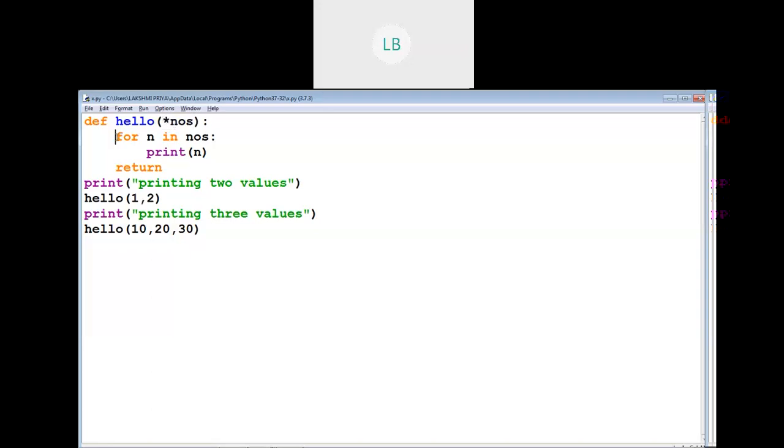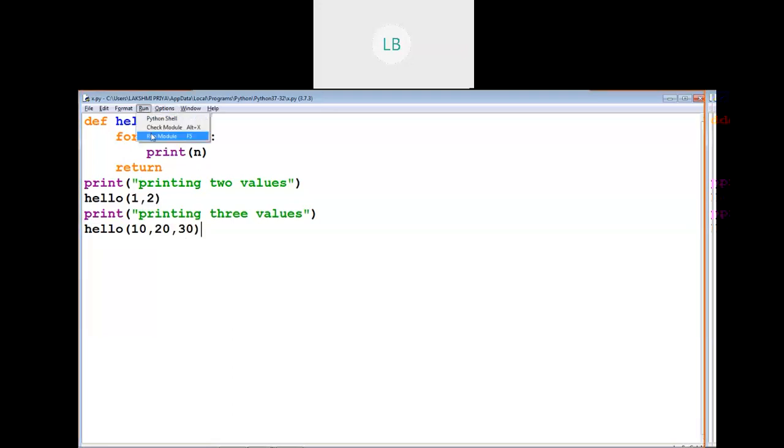So we are using a for loop here and we are printing the value of the variable. And you can see the function call statement here. Hello 1, 2. Here we are passing 2 arguments. In the next function call statement we are passing 3 arguments.